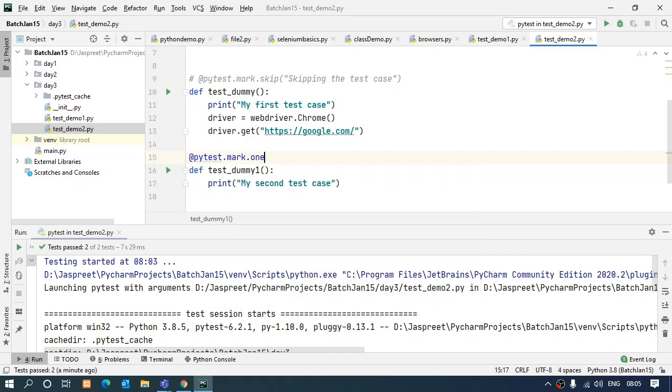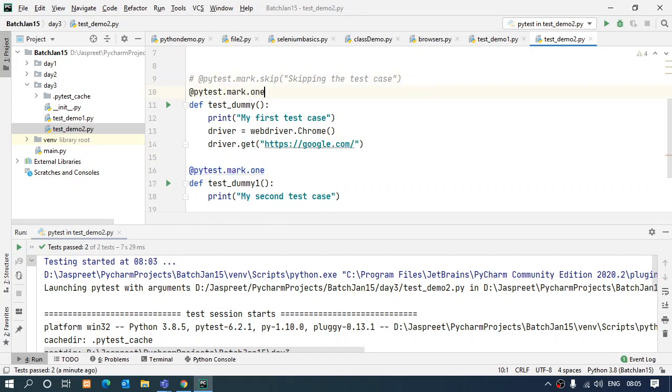So I'll say 1. That's it. So now this is under my group 1, and if I want I can put it into the same group or a different group. But usually grouping the test cases does not come in use that much, so that's why it's not in use, but you can if you want to.